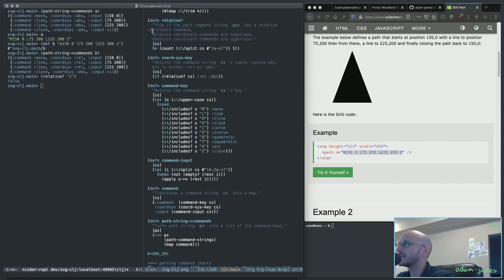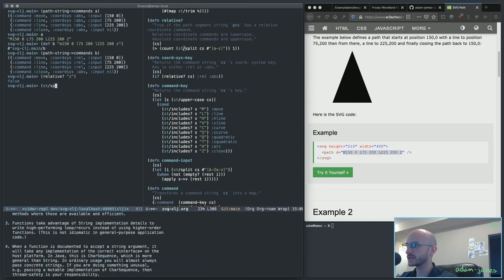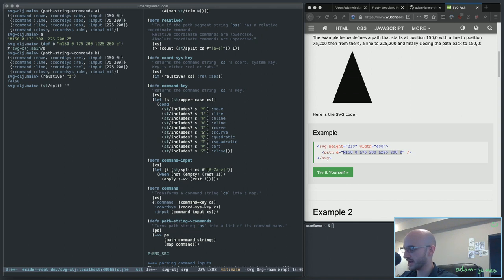I threw it together. What I want it to actually do is tell me for any alphanumeric character in the string if it's uppercase or lowercase. So in every command case except for the close command, there will be an alphanumeric character followed by something else. But in the Z case here, it's just going to be a Z character. So what I did here was let the count dictate, right? So if I string split the M100, 200 string, for example,